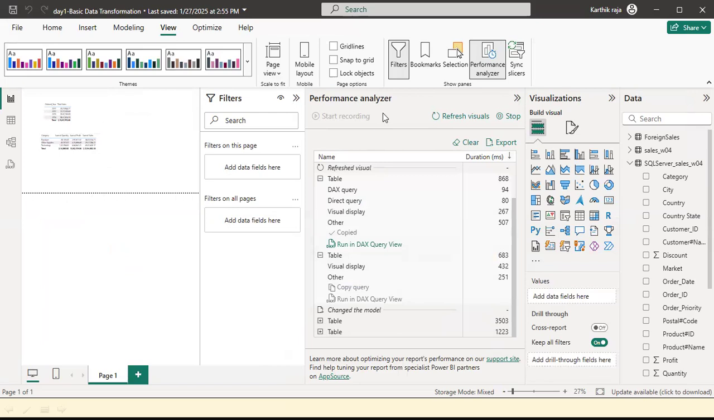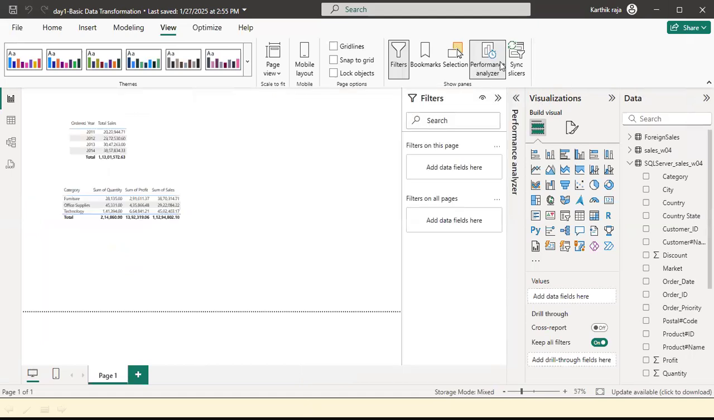So with this performance analyzer option, we will be able to copy the query, and then we paste that query in a notepad or somewhere. Okay. So what is happening here is,